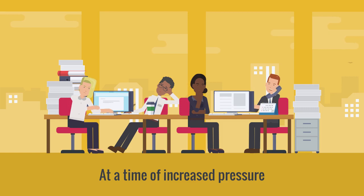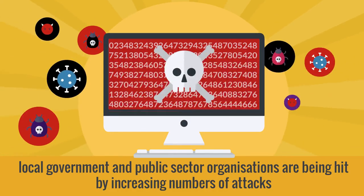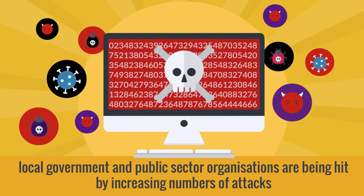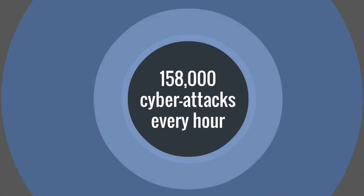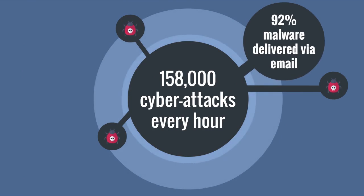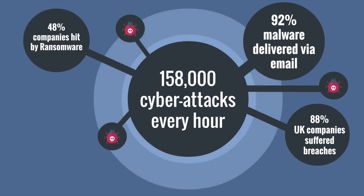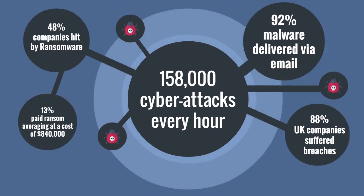At a time of increased pressure and escalated agile working, local government and public sector organisations are being hit by increasing numbers of attacks. Did you know that there are 158,000 cyber attacks every hour? 92% of malware is delivered via email, 88% of UK companies suffer from breaches, 48% of companies are hit by ransomware, and 13% of these paid ransom, averaging at a cost of